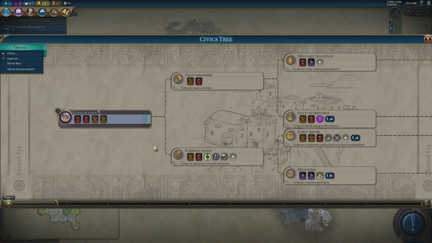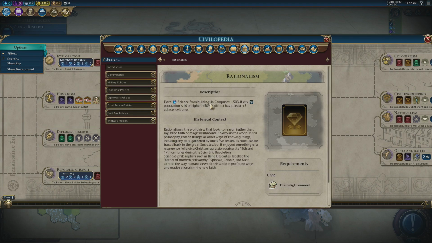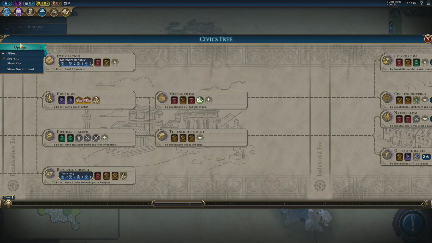It means that the most important civic in the entire game, which is this one, rationalism, right? Extra science from buildings in campuses. 50% if the population is 10 or higher, and we're going to get 10 population in all of our cities. That should be easy enough to do. And 50% if the district has at least a +3 adjacency bonus. Now, that is really important,